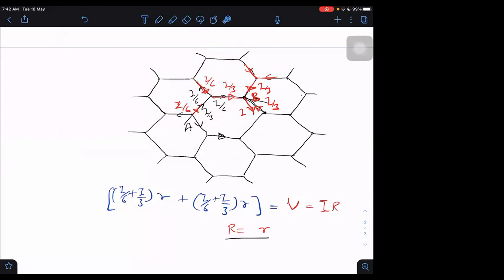Yes, correct. Is there any other way that we can tell these are equipotential? I think we can tell in another way also. A and B are images of each other. Let me check once. You are right. Plus and minus. So otherwise also, if we make a mirror here, we were able to tell that these two will be at the same potential. Similarly, C and D will also be at the same potential, so the current flowing between C and D will also be 0. Yes, we are able to tell that way also. All right.